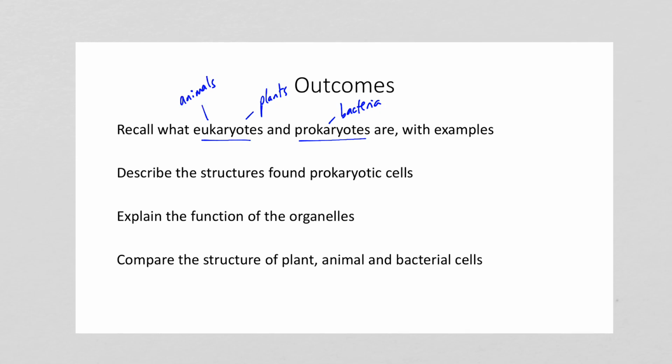Describe the structures found in prokaryotic cells. We had new structures such as the plasmid and the circular or free-floating DNA. Function of the organelles is similar as it is for eukaryotes. It has DNA, therefore it has coding regions or genes that are the instructions for making proteins. And then last but not least, compare the structure of plant, animal, and bacterial cells. We looked at that within the context of a table. We looked at how to do it in the context of a Venn diagram, and then how to answer an